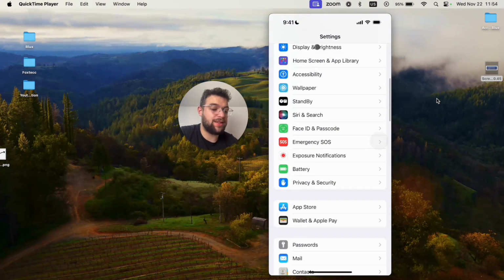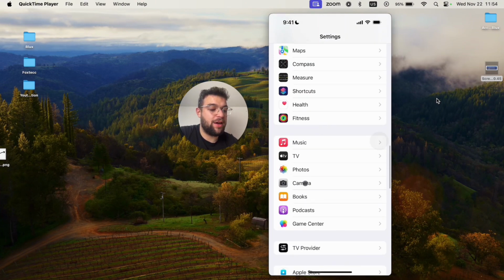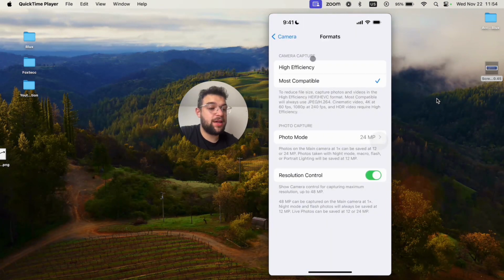So you open up these settings like that and you just have to scroll down and find the camera section. So you click on camera and click on formats. When you click on formats, there is the option for high efficiency and most compatible. And by definition, most compatible is going to be most compatible, which is the definition of JPEG format. So you don't want to have it on high efficiency. If you do have it, make sure to switch it to most compatible. And this is going to make sure that your future photos are going to be in the JPEG format instead